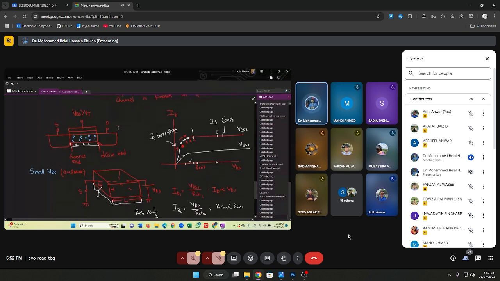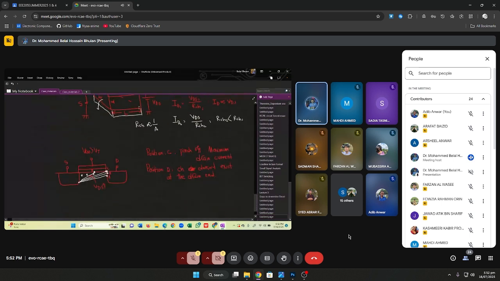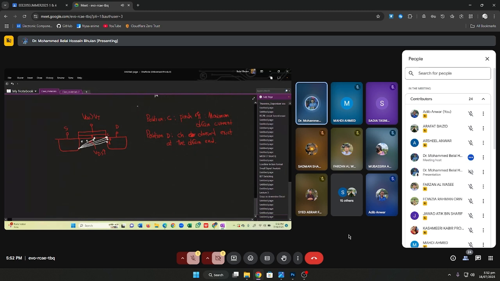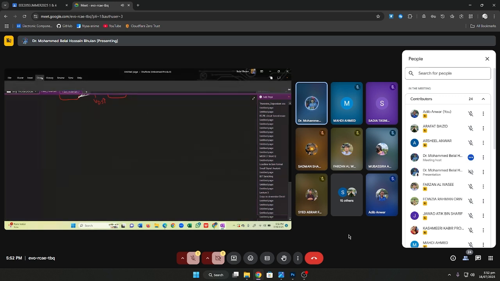Now there is a relationship between the current increasing and the channel position at the depth. When ID is increasing, it is related to having